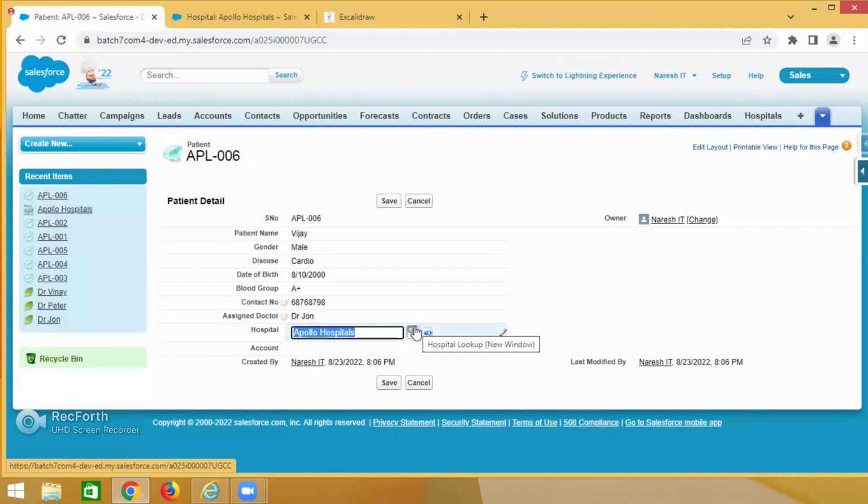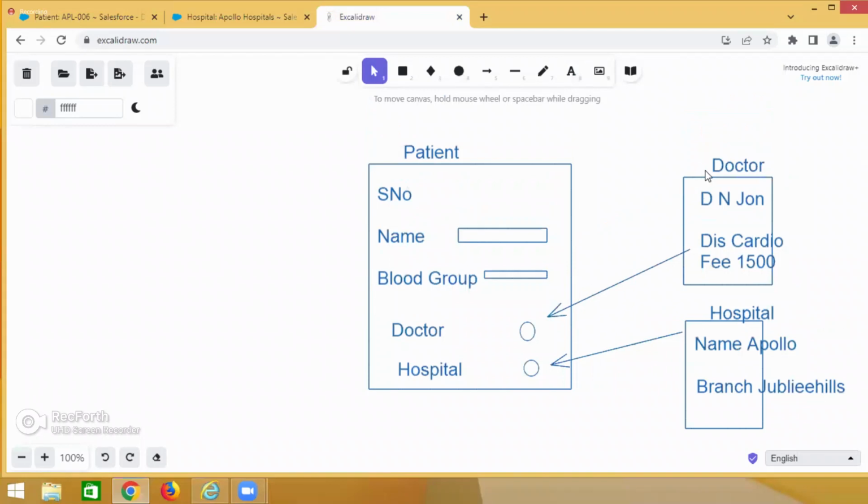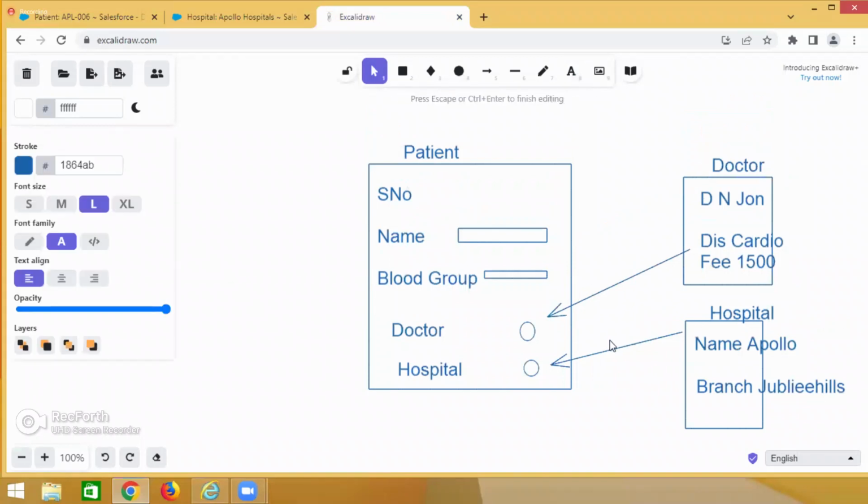This is the relationship. Which relationship is it? It is a lookup. Why lookup? It is optional, maybe it may not be. Okay. Now, guys, I need to create one more relationship. What is that here? Please understand here. Hospital. We are creating